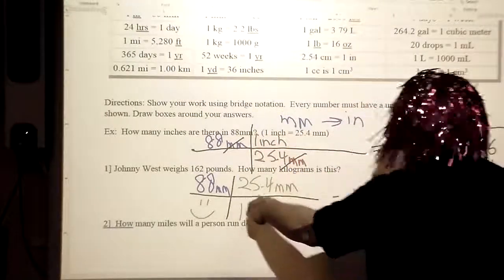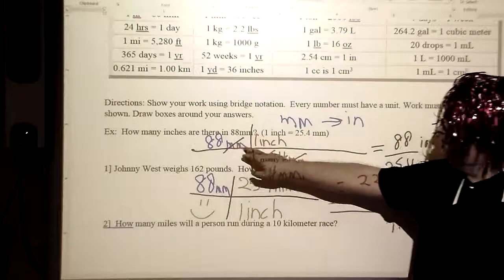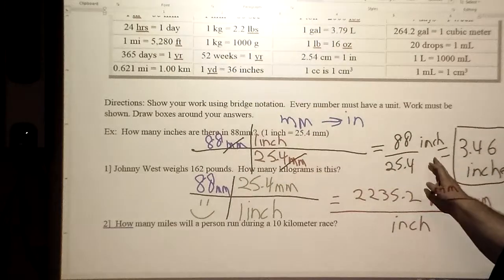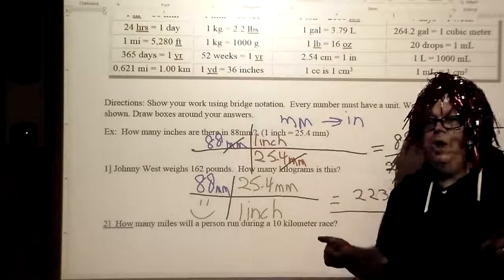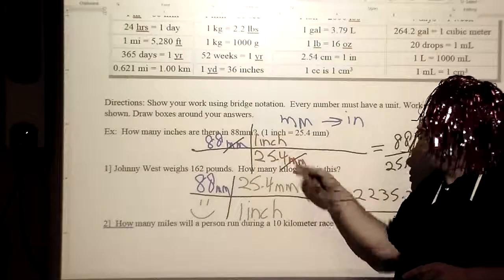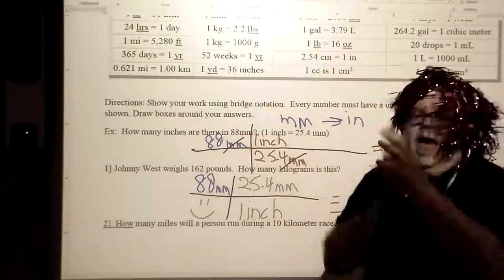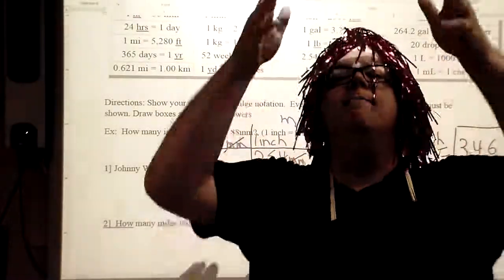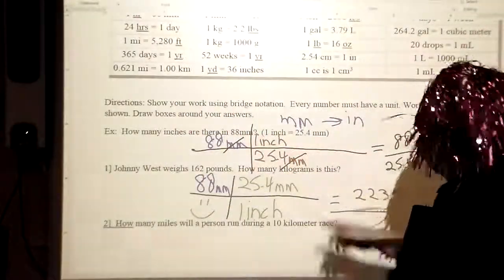This is not going to work. These should be canceling. See how these are canceling out and we're left with inches. That's the right way to do it. This is how I know. Here I multiplied, here I divided. But how do I know whether to multiply or divide? Make sure your units cancel out. See how the millimeters